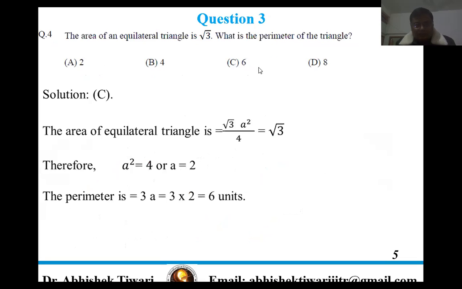Now question number 4. The area of an equilateral triangle is root 3. What is the perimeter? So root 3 a square by 4 is equal to root 3. So a square is equal to 4, a is equal to 2. So the perimeter is 3a, which will be equal to 6. So the correct answer is